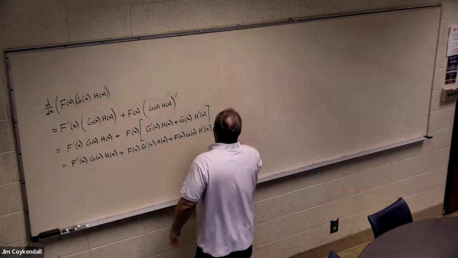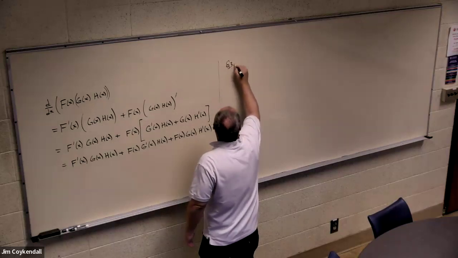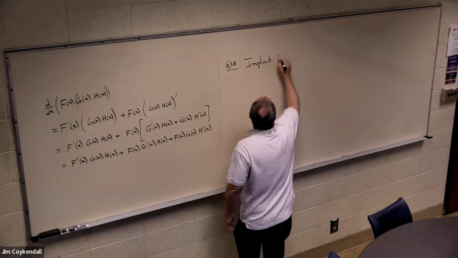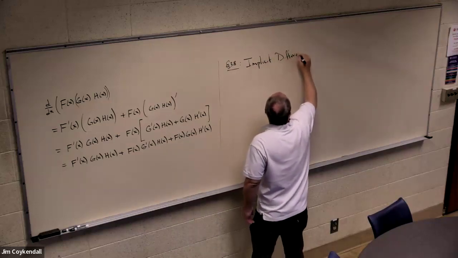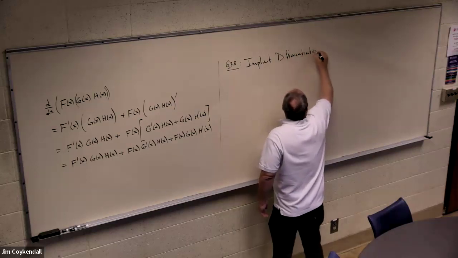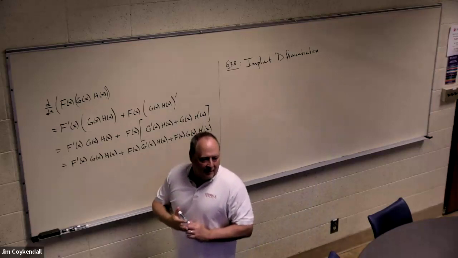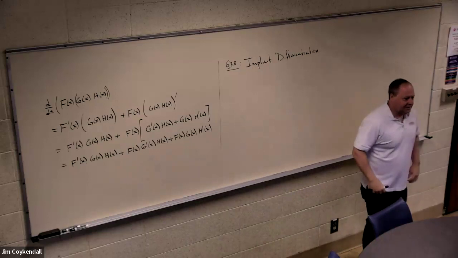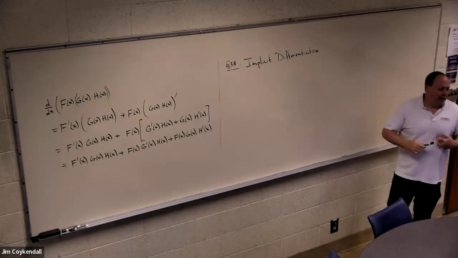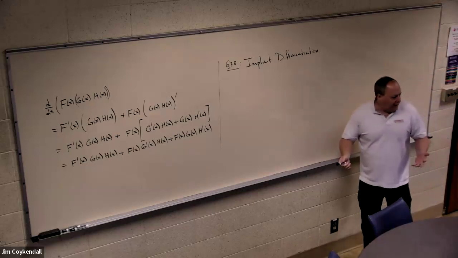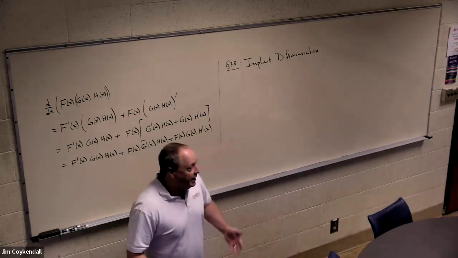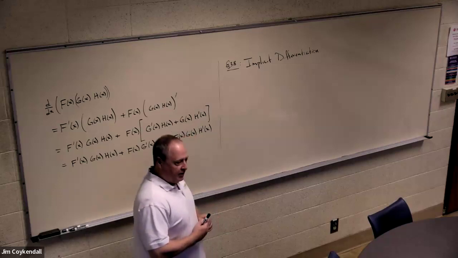Okay, today we're going to talk about section 3A. What is sort of the opposite of the English language word implicit? Explicit, right? What you all are used to doing is explicit differentiation. Somebody walks up to you on the street, gives you a function, y equals f of x, y equals e to the x, y equals sine x, y equals x squared, and you take the derivative. Implicit differentiation